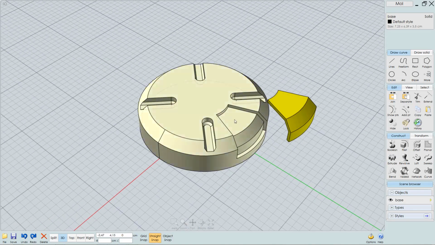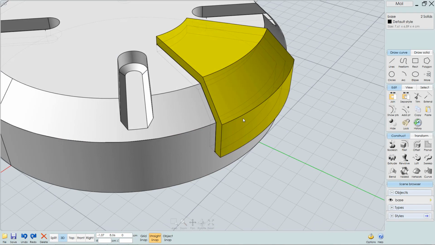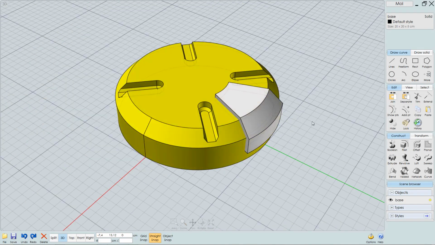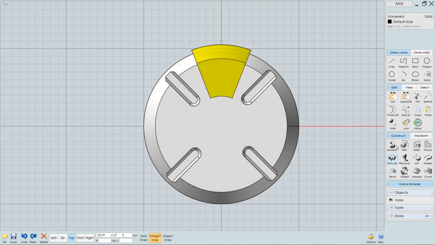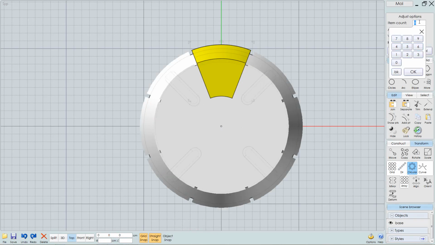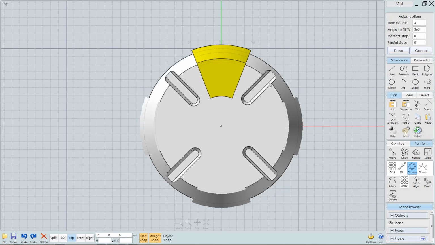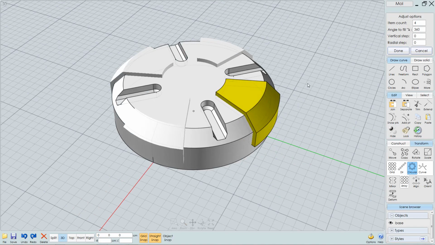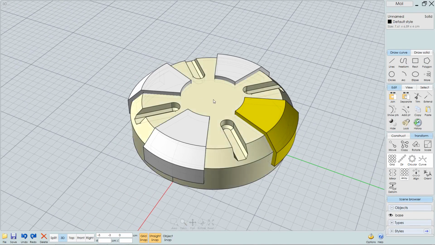But of course I want this to be copied around on the object. So before I actually use that Boolean operation, I want to copy this around. So with the object selected, I'm switching to the top view. I'm going to go to transform array, and we're going to do another circular array. We need to pick the center point, which is here, and I only want 4 copies this time. So right click to confirm the operation, and now we can first of all deselect everything, then select